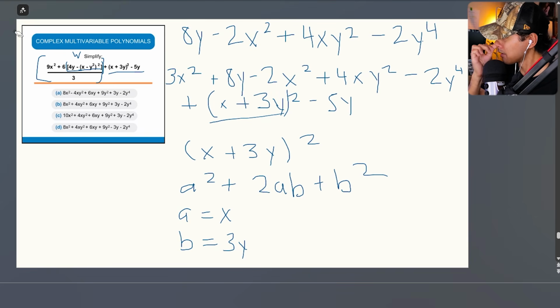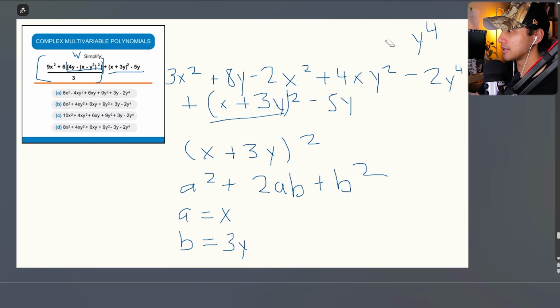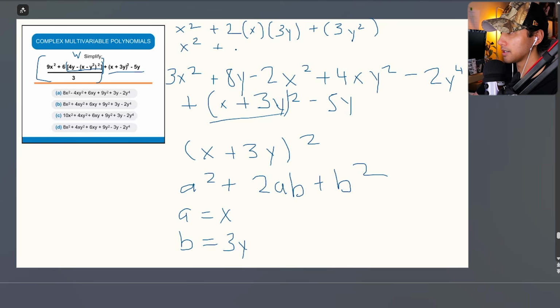I don't want to erase what I have here. Okay, I'm going to erase this. Okay, I hope I wrote everything right. It'll only work if I write everything right. Okay, so I'm going to write a squared, so x squared plus 2x and then 3y plus 3y squared. Okay, perfect. And that equals x squared plus